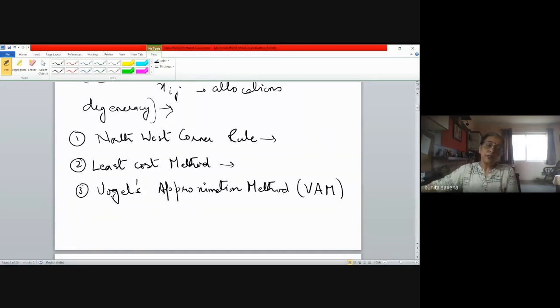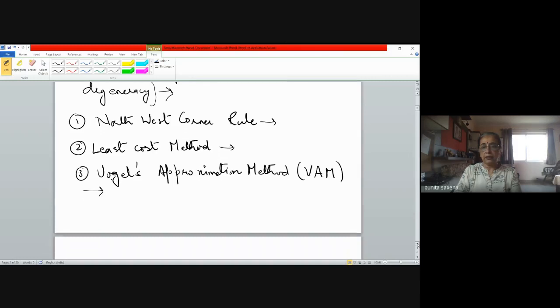Most of the times what happens is that since we are solving manually, when you come across problems, you will see that Vogel's solution is the optimal solution. Sometimes it might happen that also. Okay, so that is why, though it is more time consuming and involves more number of steps to compute the initial solution, it gives you the optimal solution faster than any other. Okay, so we'll discuss all these three steps one by one, and then we'll see.